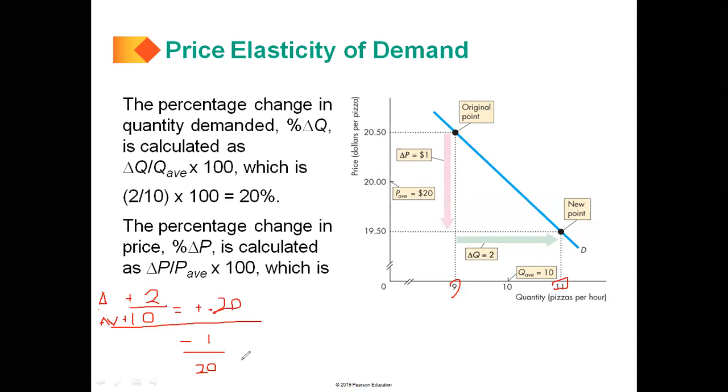So the point is that either the numerator or the denominator is going to be a negative number, because one of them has to go down and the other has to go up, because this is a line that slopes down from left to right. And you should recognize that it's an inverse relationship. So one goes down, the other goes up. And depending whether you're going, it's an increase in price moving up to the left along the curve or down,